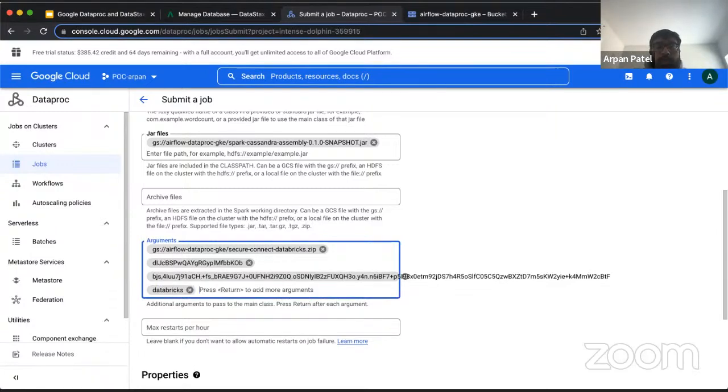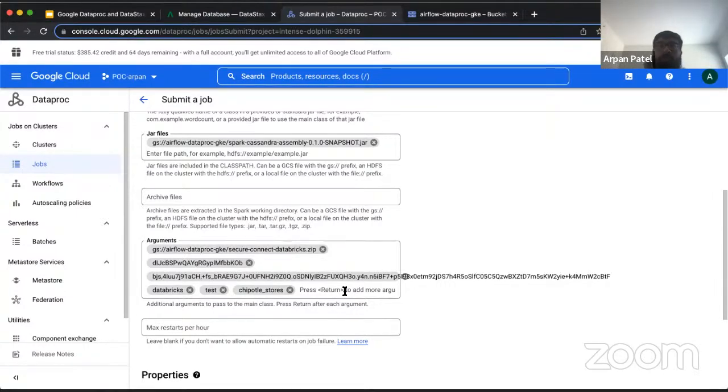The first one is going to be Databricks, which is my database name. Next one is test, which is my keyspace name. And then my table name is called Chipotle Stores. So that's about it. Those are the only arguments we're going to pass in. What this jar is doing is just saying select all and show me the values in the